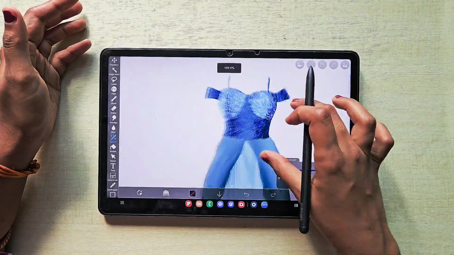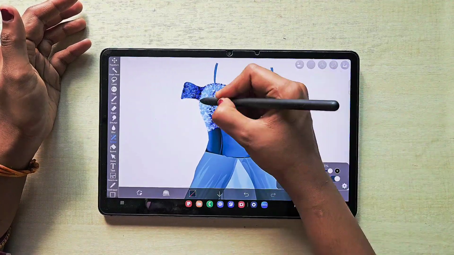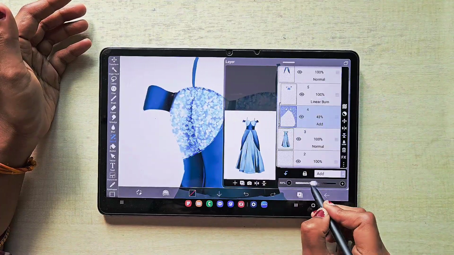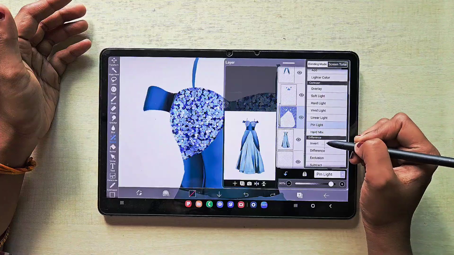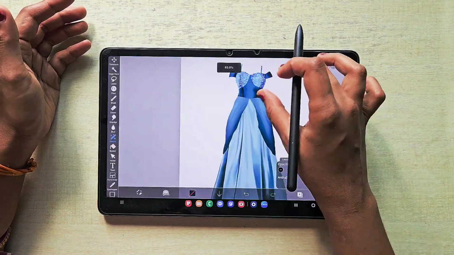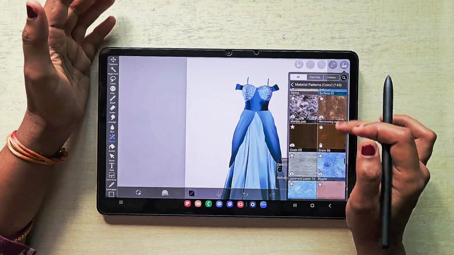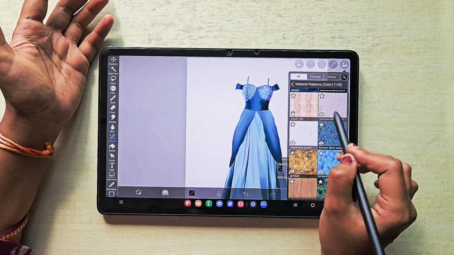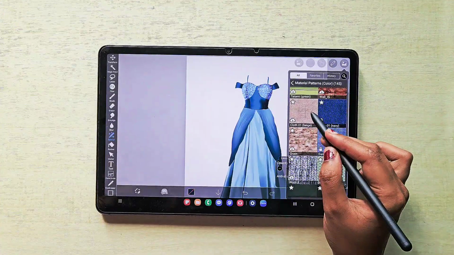Now I got a little bit of an idea where I want this glitter, so I'm erasing the other areas where I don't need those glitters. So I want glitters only here. Again I'm trying different blending modes and checking which one looks good. Since I'm not a fashion designer and I don't have good fashion sense, I'm trying my best to give you some ideas. And here you can find some textures as well, like cloth texture, denim texture,